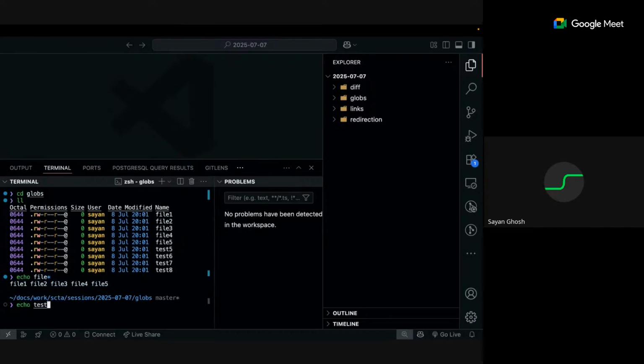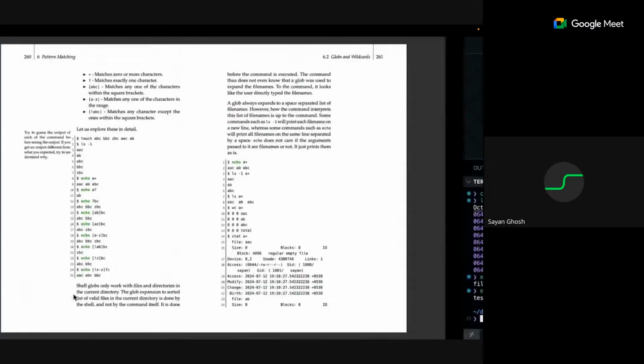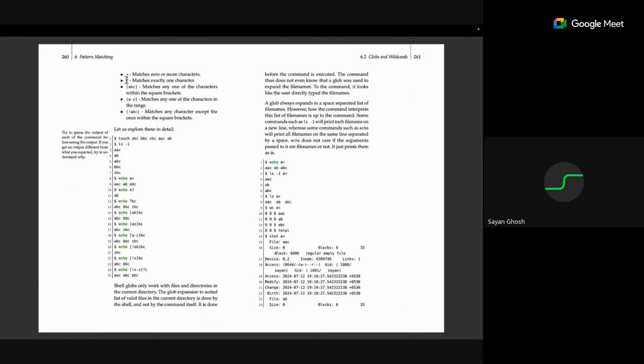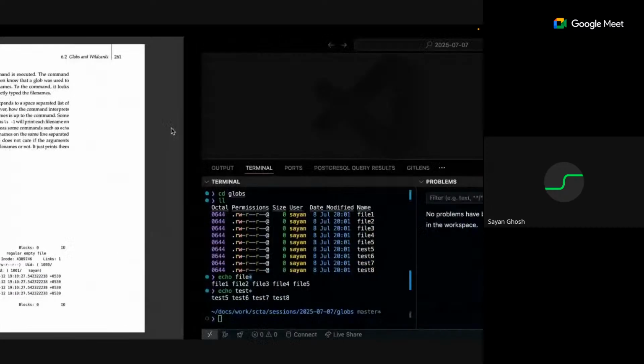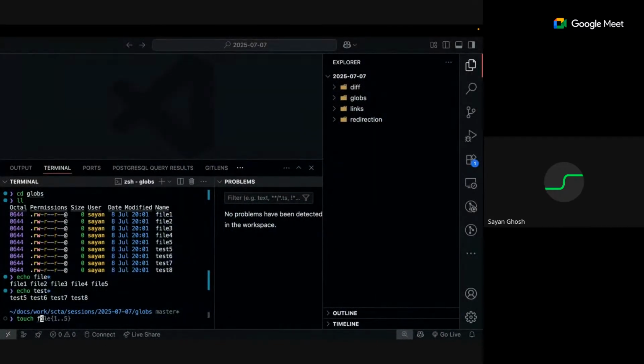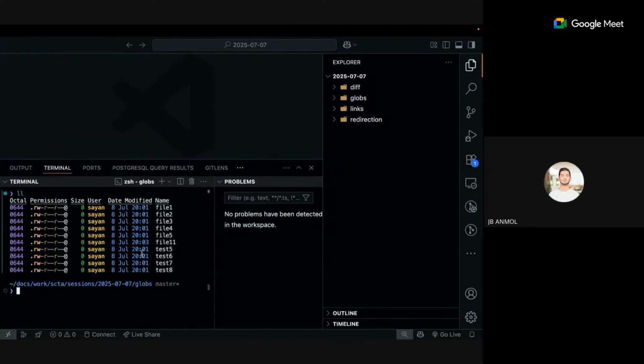Similarly, you can do it for the test files also. It's the same thing. So star is one such glob that we have in bash or ZSH. Similarly, you have the question mark, which will only match one character. So if, let's say, I also have a file 11,